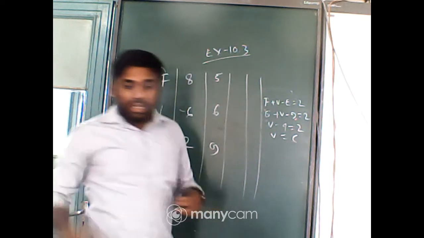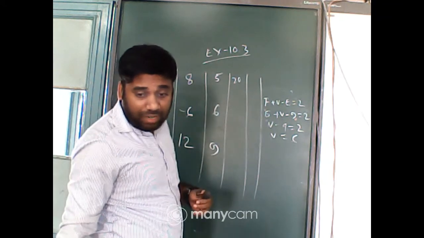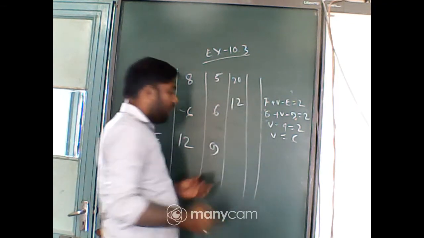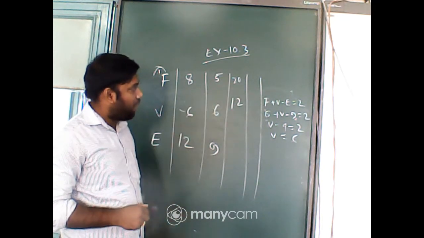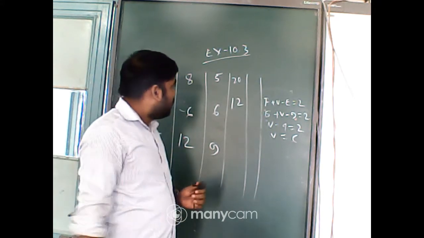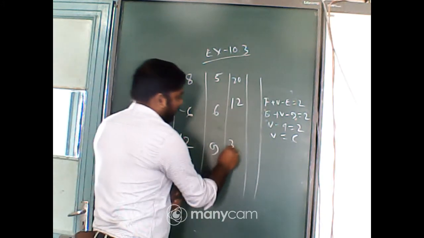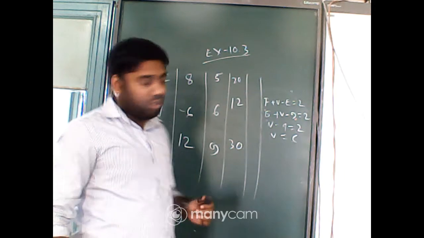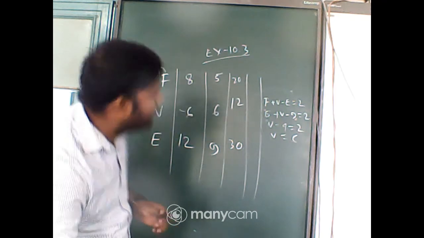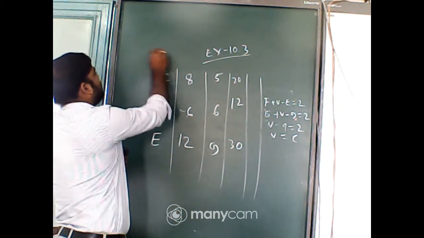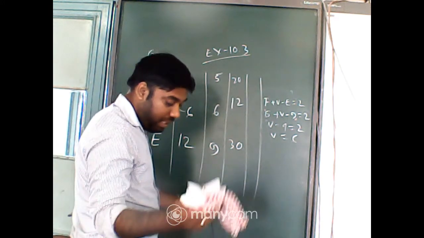6 is the answer. In the same way, when F is given 20 and vertices given 12, what will be the value, how many edges does it have? So this is F plus V, that is 20 plus 12, that is 32 minus E equal to 2, so you will get 30. So that you will get 30. So question number 7 is completed. These sums are very much important for your maths exam. One question will come from this portion.